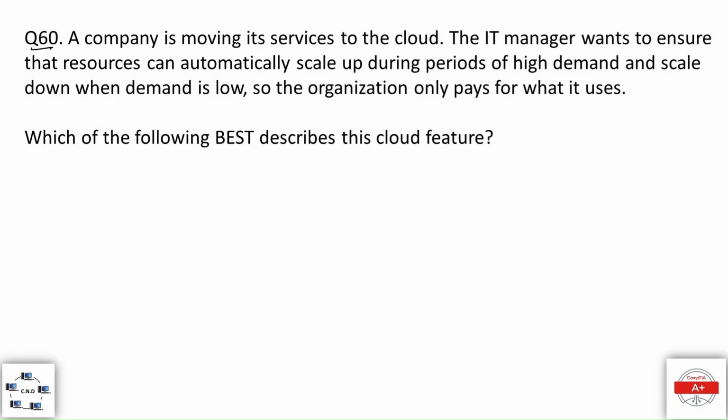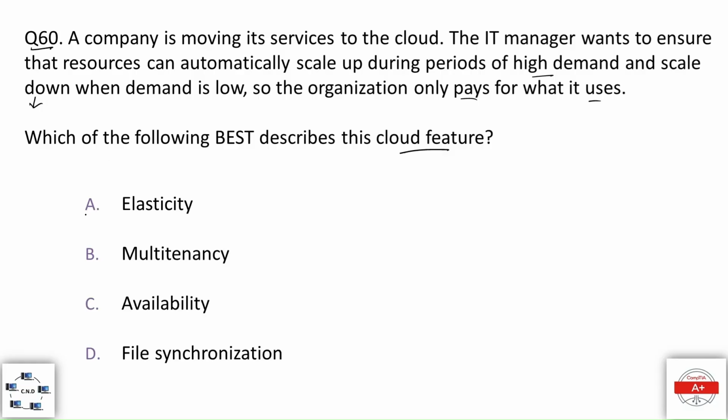Question number 60. A company is moving its services to the cloud. The IT manager wants to ensure that resources can automatically scale up during periods of high demand and scale down when demand is low, so the organization only pays for what it uses. So which of the following best describes this cloud feature? And the options are option A, elasticity, option B, multi-tenancy, option C, availability, and option D, file synchronization. And the correct option is